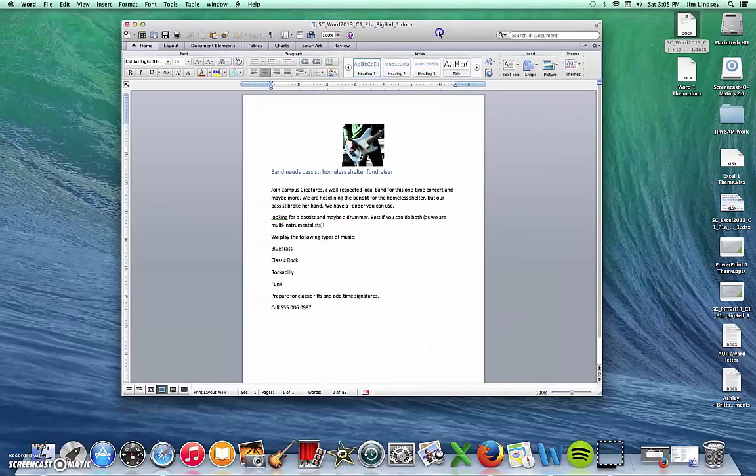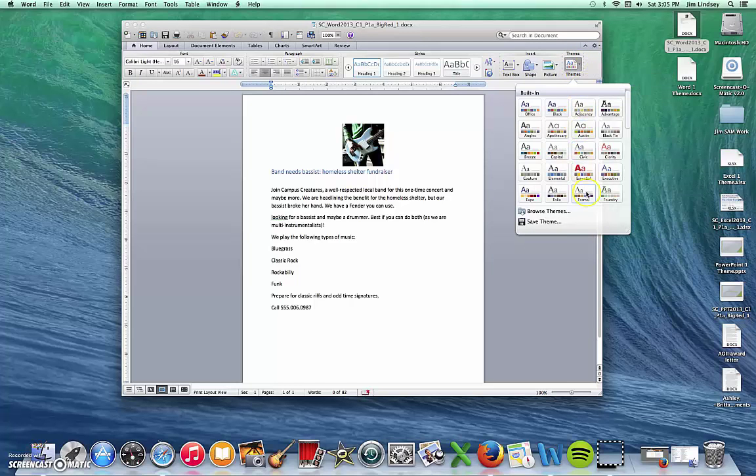My start file for the Word 1 project, and then this guy right here, Word 1 theme, is the file I downloaded from Blackboard for the Word 1 project. And to get the themes incorporated into this one, from the Home tab, you'll see on the far right side of the ribbon, there's a button that says Themes. You can click on that. If you come down to the bottom, you'll see that there's a button to browse themes. Click on that. And by the way, if you compare what's up here as the built-in themes to what Dr. Cruz is seeing when he shows the themes from Office 2013, they're different. Again, it's just a difference between the 2011 version versus the 2013 version.